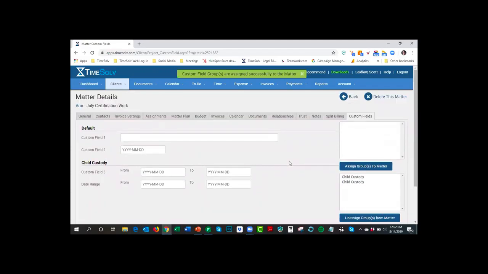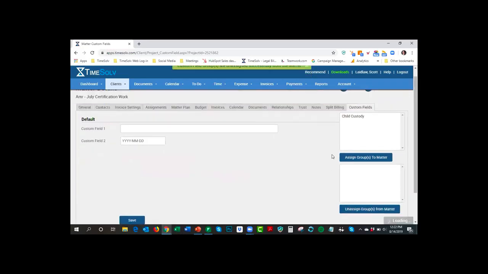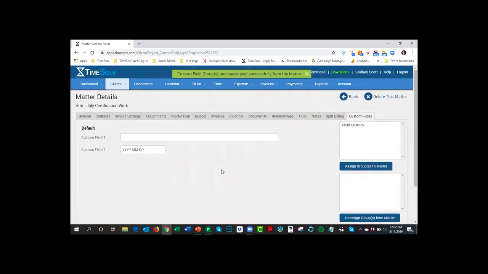Again, this is just a great way to manage information that you need to manage for a matter in any way that you'd like to, because obviously it's a custom field. And then if I want to, I can unassign that group from the matter. I'm not sure why it's showing twice there, but you can see it goes away if you need it to go away. So again, flexibility, the ability to allow you to house as much or as little information as you need to. And it's important to understand that this grouping is only available at the matter level, not at the client level or for contacts, but only specifically for matters.